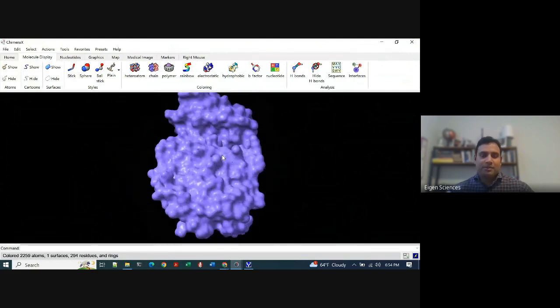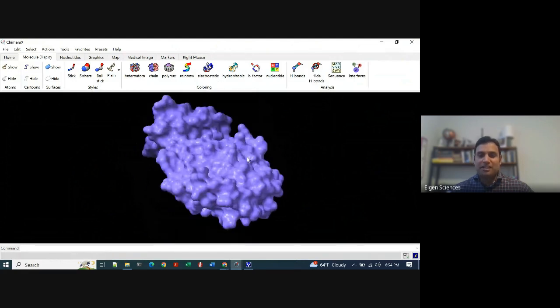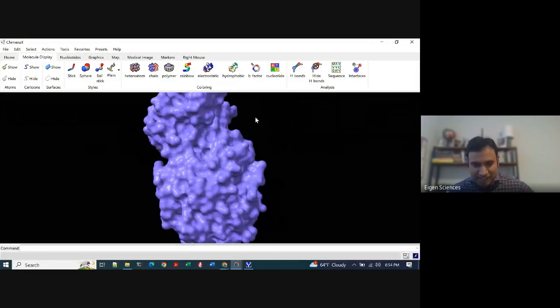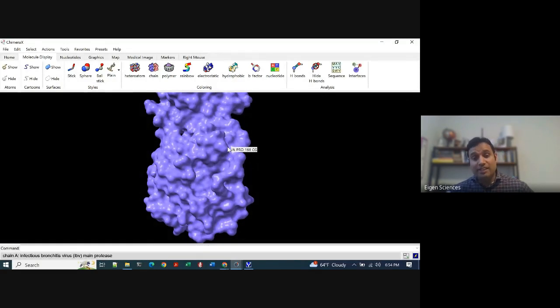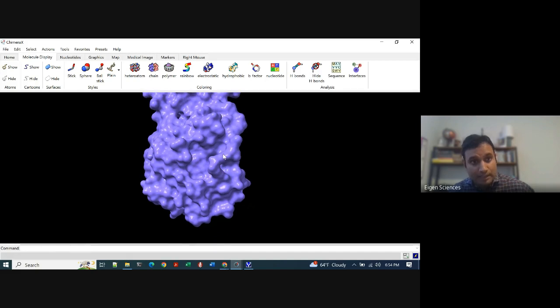And maybe I'm talking too much about coronavirus, but yeah, though all the projects were different. So this protein, or enzyme, is a coronavirus enzyme. So this is a bad protein, right? And we want to kill this protein. So each enzyme or protein has a magic site, and this magic site is called the active site.